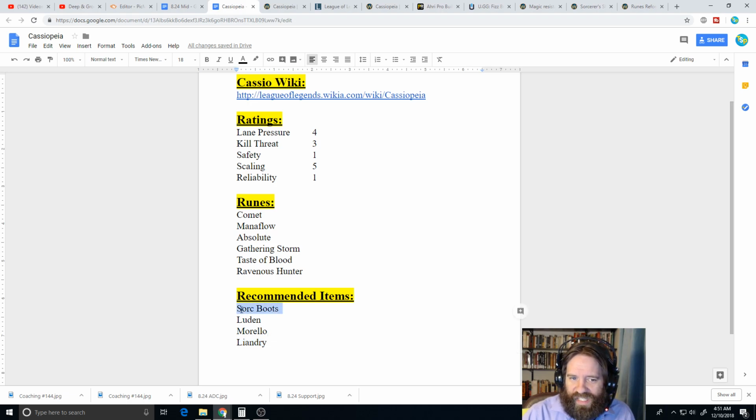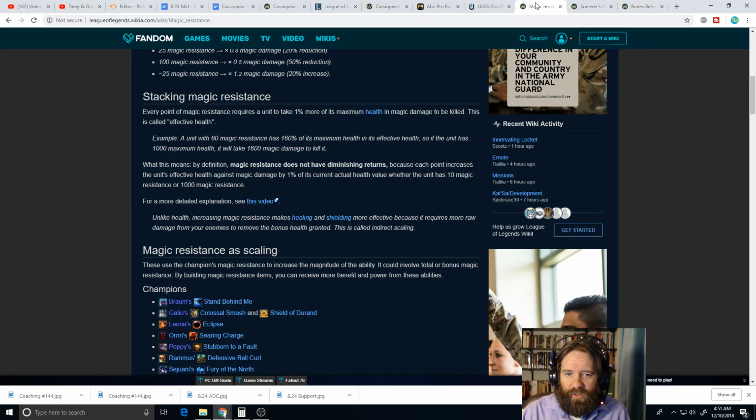Sorcerer's Shoes are ridiculously underpriced, as is the Morellonomicon, particularly the Oblivion Orb. It's the Oblivion Orb that you really want. You're kind of priced into getting Morello if you get Oblivion Orb because you have half the item complete. But it's really that spell penetration. And the reason is